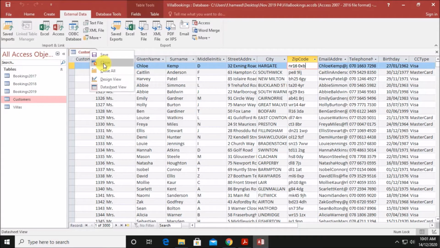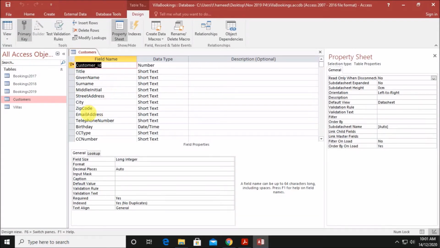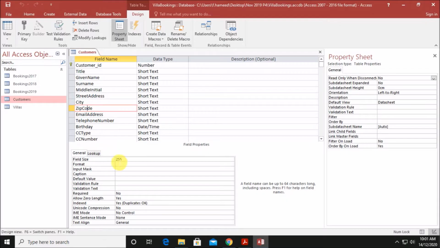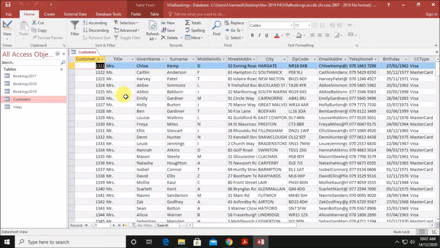So go to the design view, select zip code, and in format we have to give the greater than symbol. This represents that all the characters must be uppercase. Now you can save, open and see. You can see the zip code has been converted to uppercase.